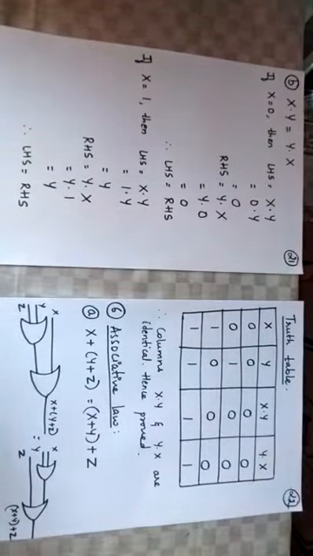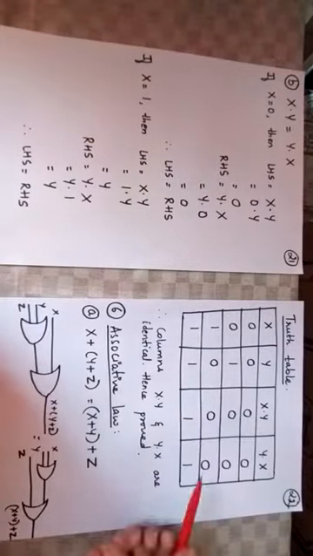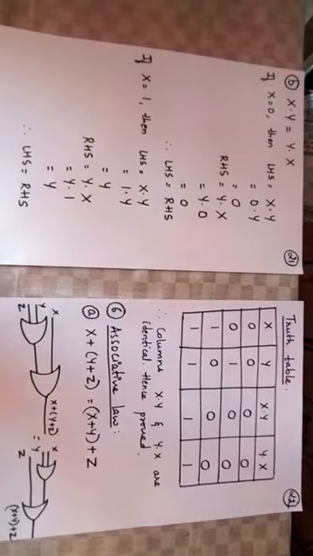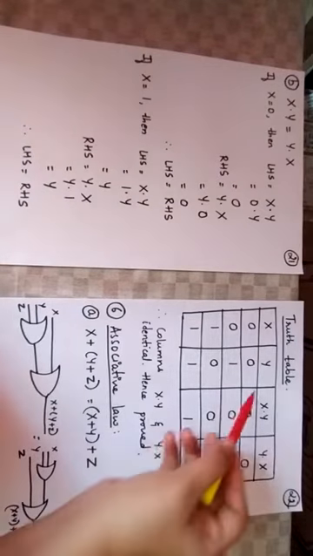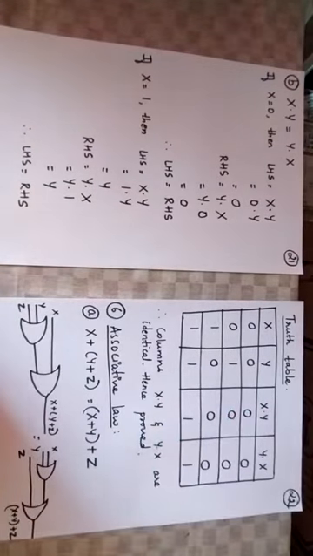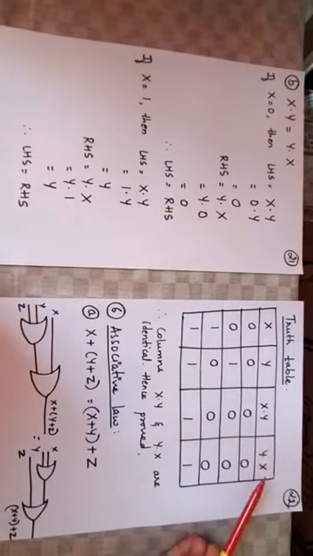Now next we have to see the proof with the help of a truth table. In this particular law we have two logical variables x and y. That is why we get 4 combinations of values over here. And what do we have to prove? We have to prove left hand side equals right hand side. Left hand side value is x dot y. Right hand side value is y dot x.